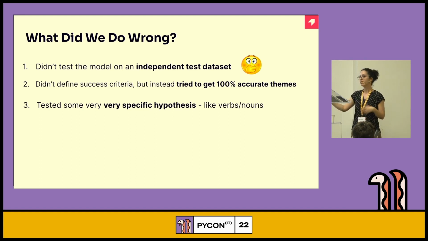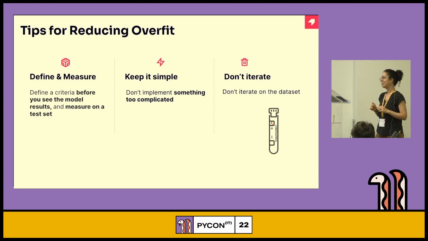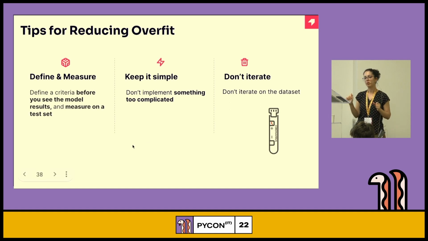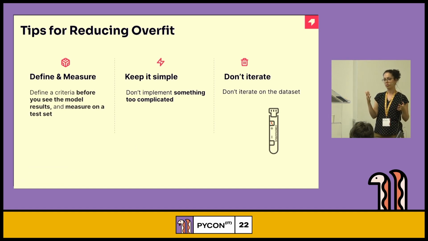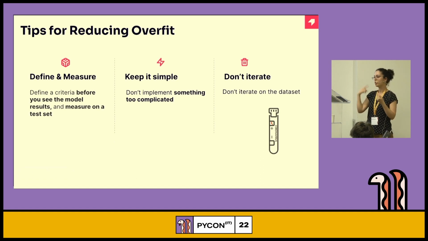All right, so let's look at the upside. We have a bunch of ways to reduce the risk of overfit, and these are the tips that I have for you. First of all, measure yourself. When you're done training, take a test set that your unsupervised model hasn't seen before, run your model over it and measure it and see how it really does. That way, you won't get the shocked emoji when it hits production and suddenly the performance is bad. Just be careful not to iterate over that one too,